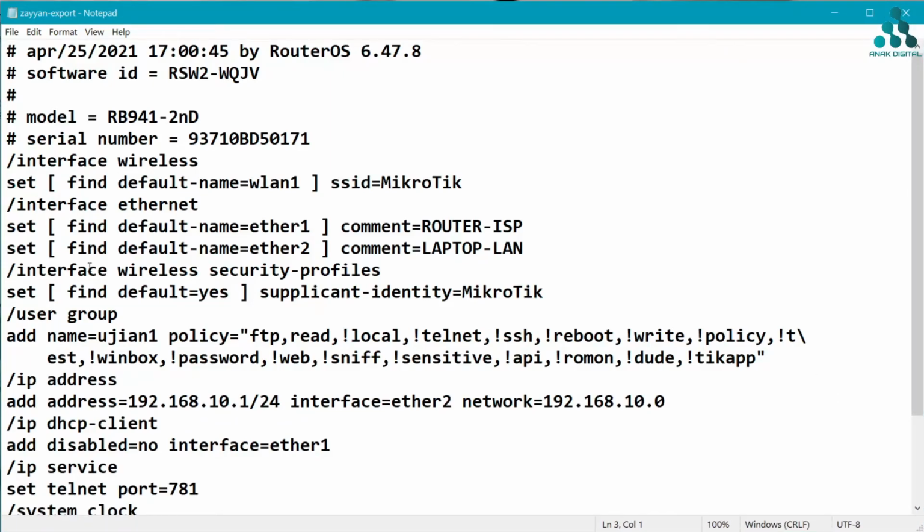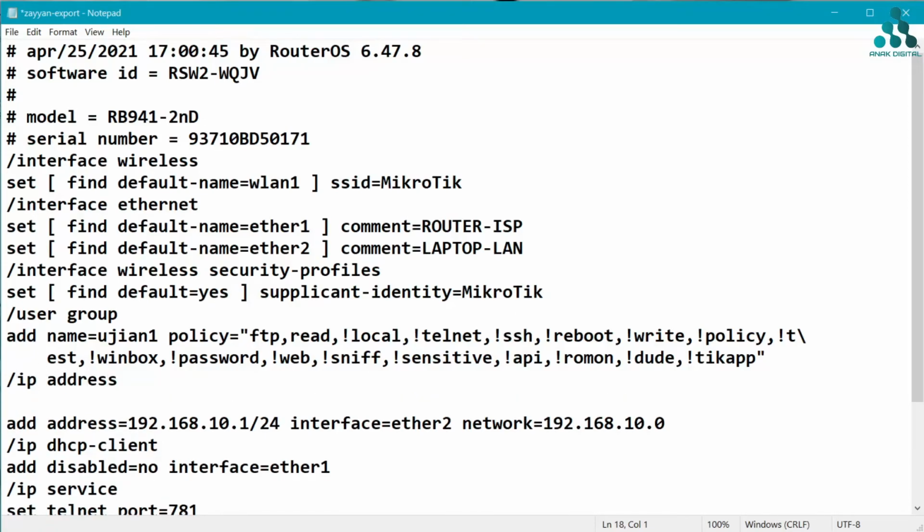In here I want to change the IP address, add a new IP address, add address 10.10.10.1/24 interface Ether 3 network 10.10.10.0.